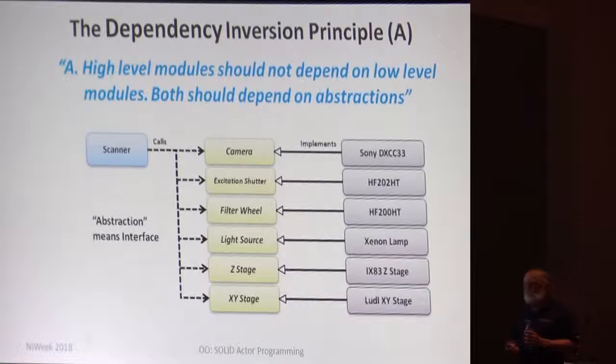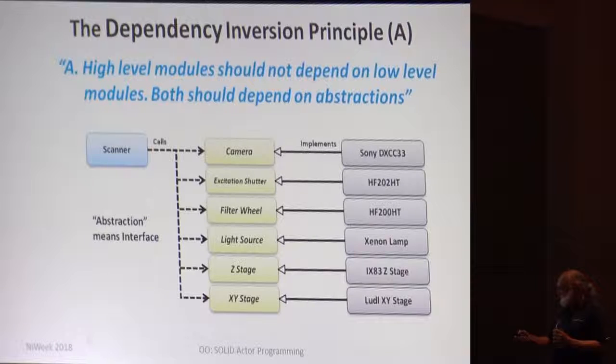The next principle, the first most important, is dependency inversion. It says that high-level modules should not depend on low-level modules. Both should depend on abstractions. Not really clear, but substitute modules by classes and abstractions by interfaces. And it says high-level classes should not depend on low-level classes. Both should depend on interfaces, and dependency in the UML sense.